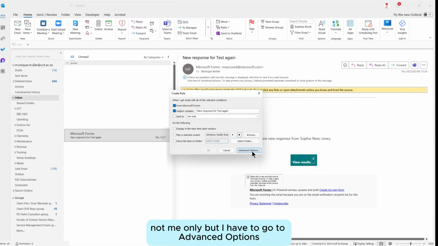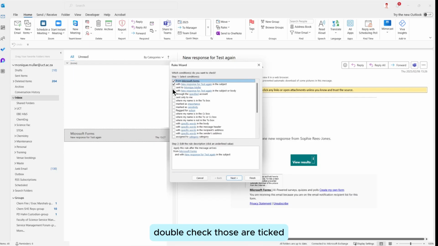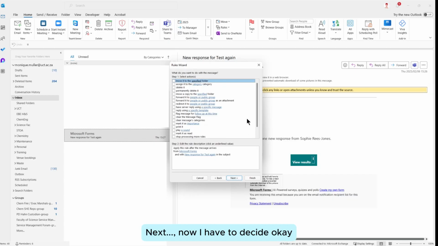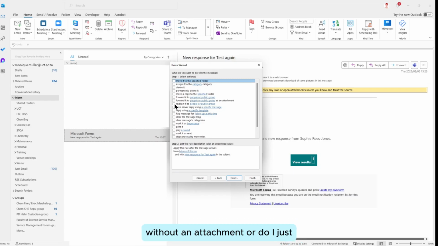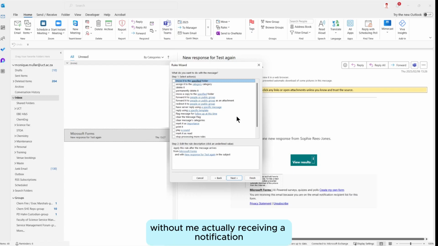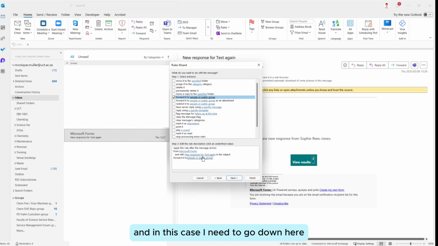I have to go to advanced options because I now have to set up who else needs to get it. Double check, those are ticked. Yes, it is. Okay, next. Now I have to decide, okay, do I want it to be forwarded with an attachment, without attachment, or do I want it to directly redirect it without me actually receiving a notification? So I'm going to want this notification myself as well, but I also want it to be forwarded to other people. And in this case, I need to go down here because I need to choose who those other people